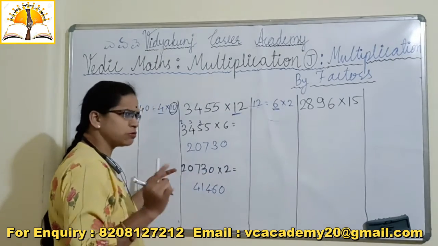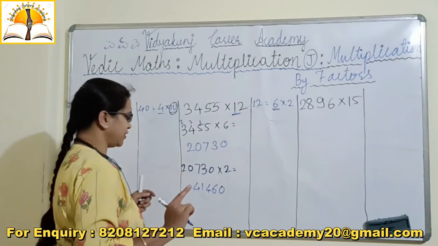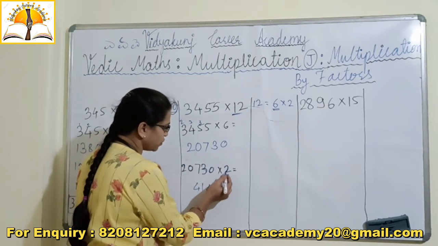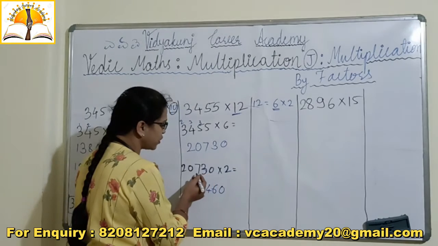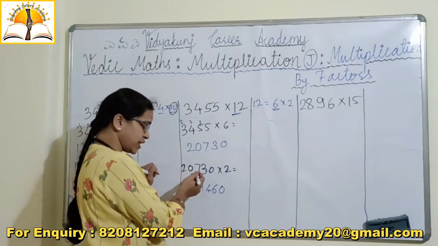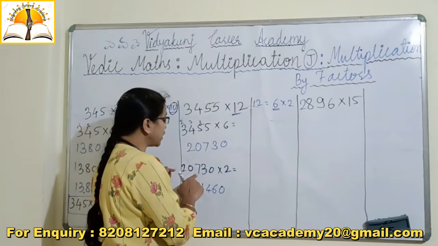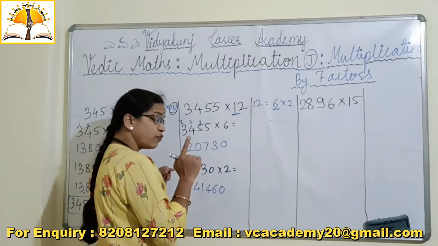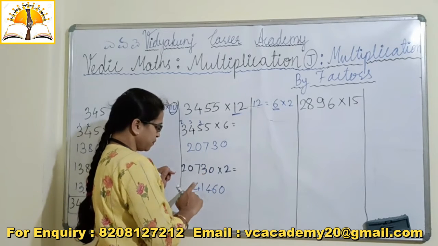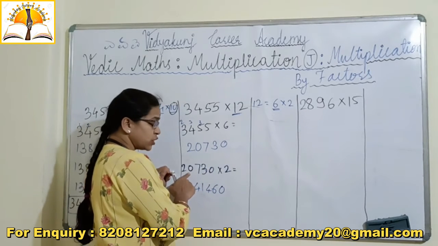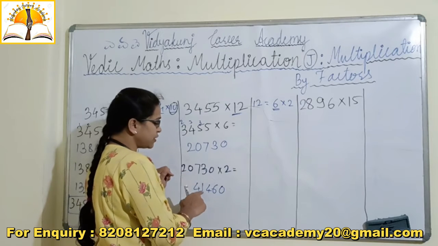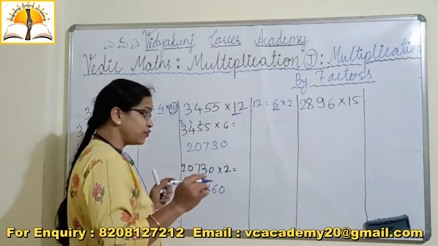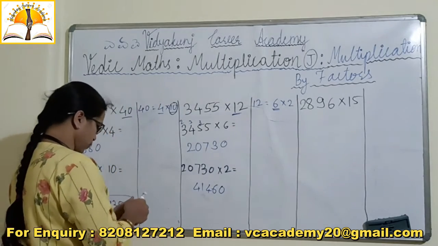In the doubling method also you can do this. We have learnt the doubling method, so you can practice it here. What is the double of 0? 0. What is the double of 3? 6. What is the double of 7? 14. Here we write the unit place number only, 4, and 1 will be carry. So 0's double is 0 only. The 1 carry we have to add, so 1. And 2's double is 4. In this way you can use the doubling method also.